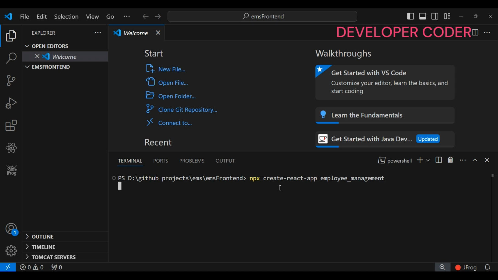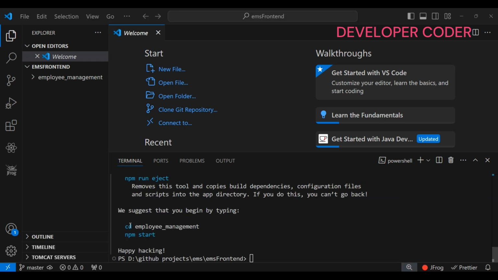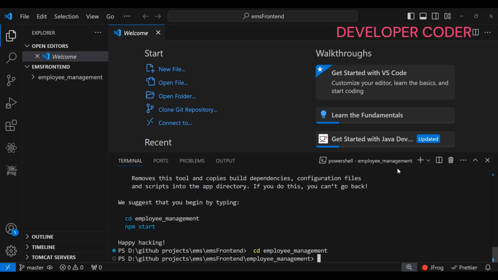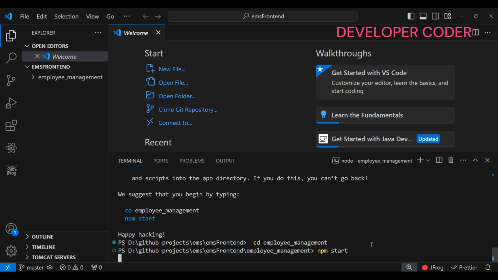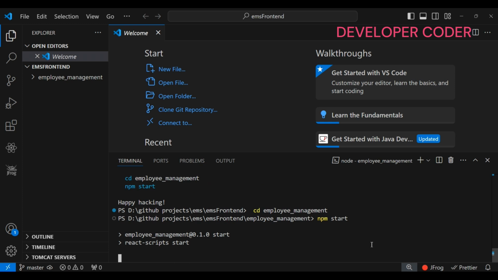Okay, press enter. Now it is just going to install a few packages and all that, so give it a moment. Once this is done, you need to go inside your project, so run this command: cd employee-management. Now you are inside this path. Employee management. Here, if you run this command, npm start,